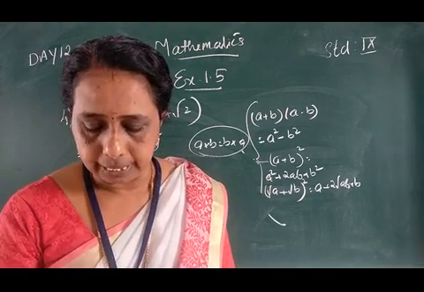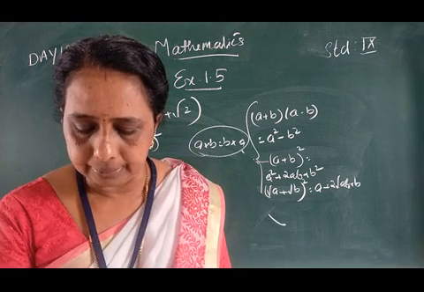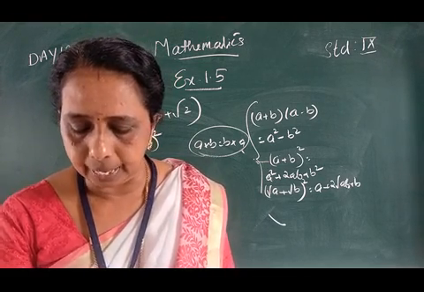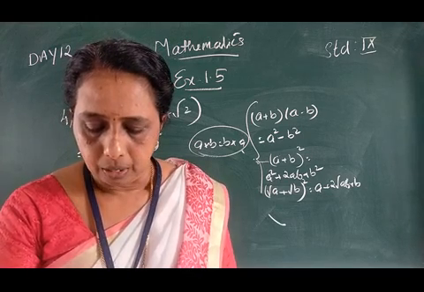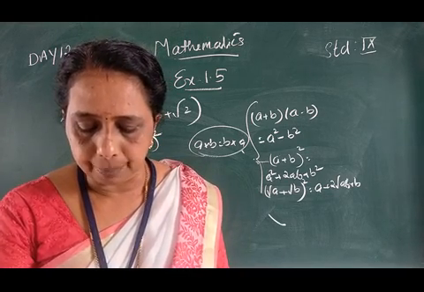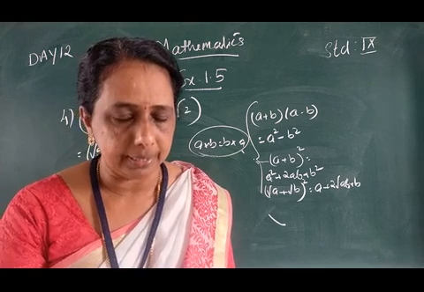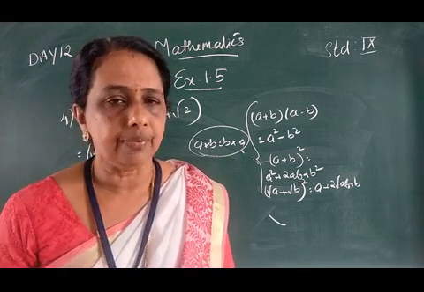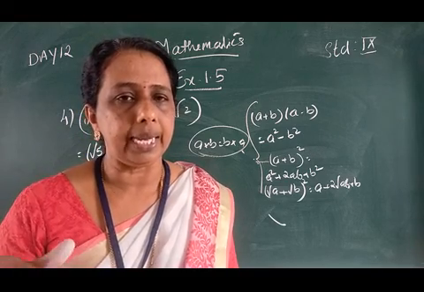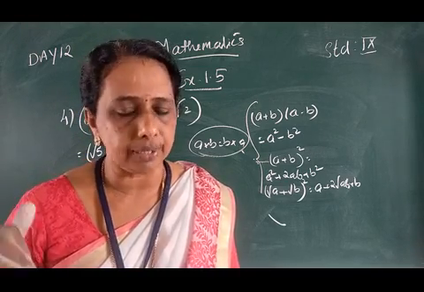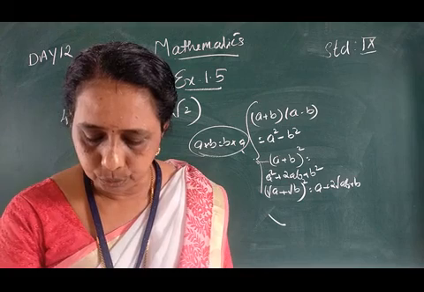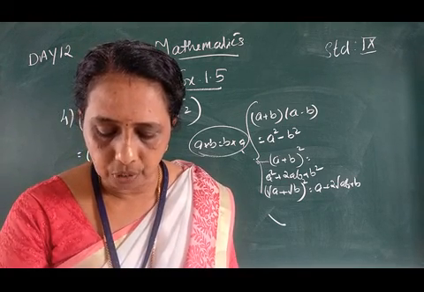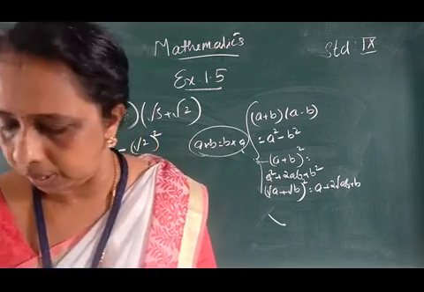Third question. Recall pi is defined as the ratio of the circumference of a circle and its diameter. Diameter we represent by the small letter d, and circumference is represented by the small letter c. Given that pi is the ratio of circumference and diameter of a circle, this seems to contradict the fact that pi is irrational. How will you resolve this contradiction?